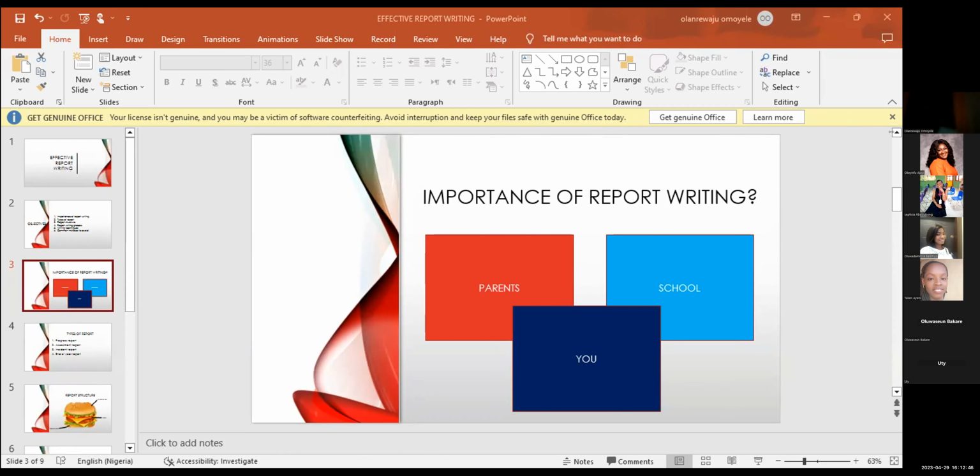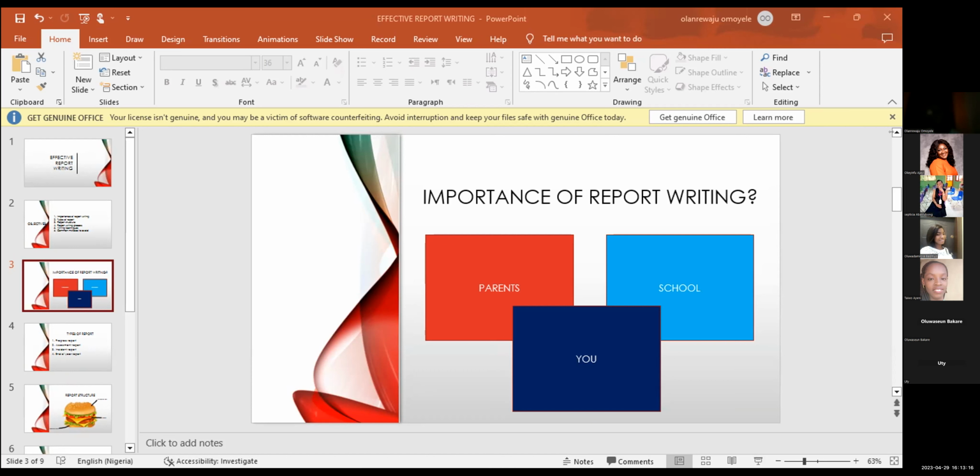At the end of 2 weeks, you can now say, okay, I've observed this child for 2 or 3 weeks, and this is where the child is. You can send a message to the parent and say, this is where your child is, and we need this support at home as well. So we notice that when we give assignments home, the child doesn't do the assignments, doesn't submit assignments early, or comes back without his or her notes, or with scattered notes and all. It helps parents to know how they can support their child's learning and development.